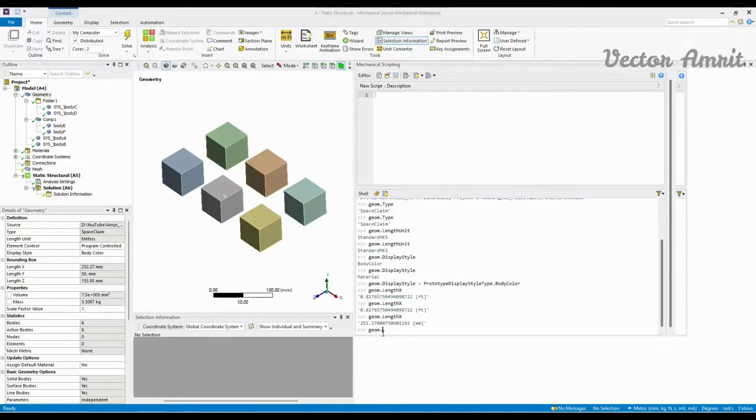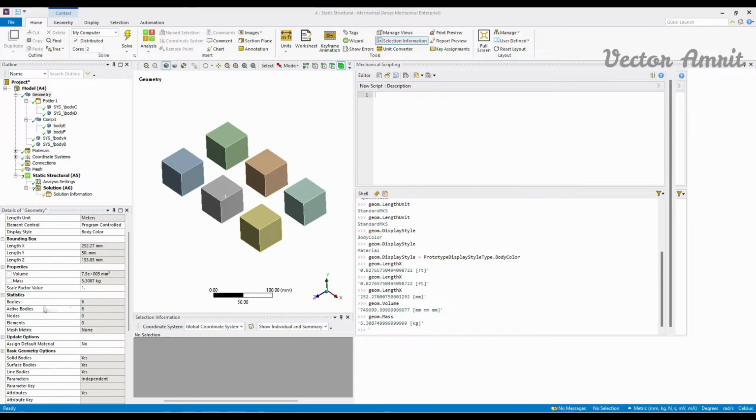And let's go to volume. So it will be geom dot volume. It's also a get property of type quantity. So you will see the volume in millimeters, which is basically millimeter cube. Similarly, mass you can access. And other things, if you want to know how many bodies are present inside this geometry, it will be